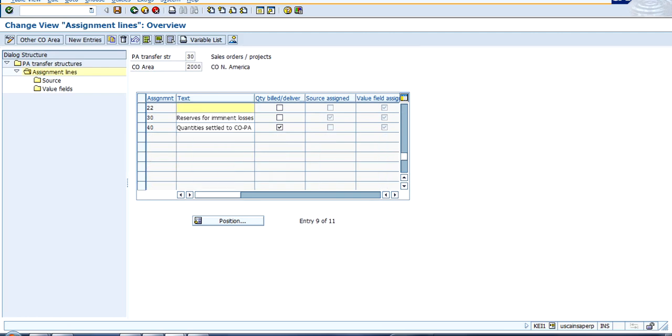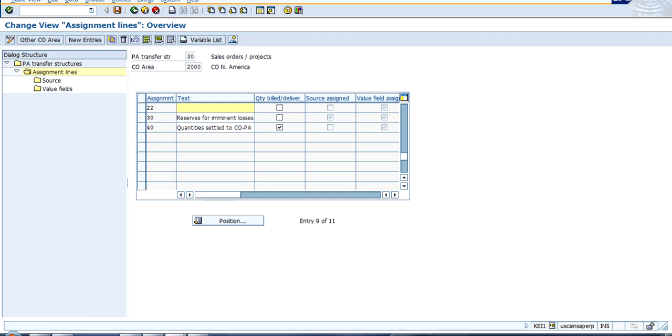But whenever there is a situation where we are talking about the cost and revenue, we are not putting any tick in this column, which is quantity billed and all. But if we are looking at the quantities, then only we will have a tick in this quantity billed option,